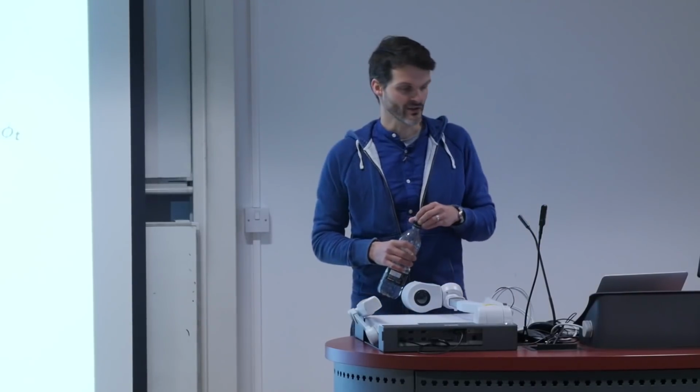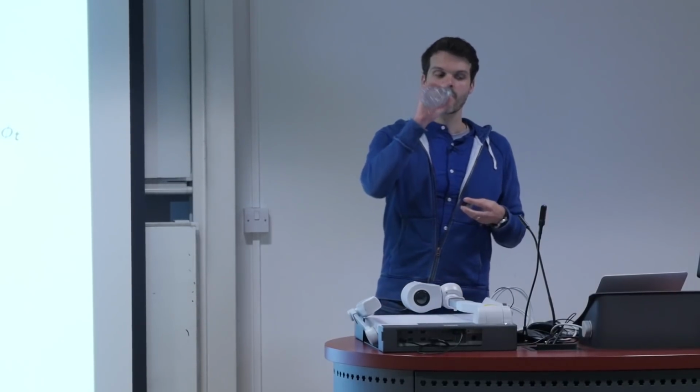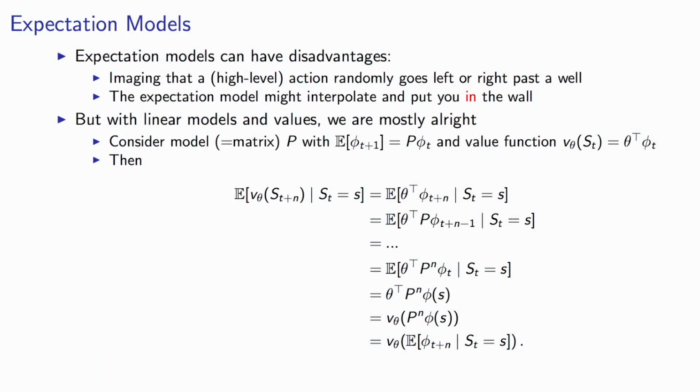Now, this might seem that this is a problem for expectation models, and it could be. But for linear models and values, this turns out not to be so much of a problem. And you could take this in two ways. One, you could take this as meaning that we should be doing linear values and models, where maybe the features are themselves nonlinear functions of, say, your observations, but then you have a linear model on top of that and a linear value. Or you could still take this to be just a limitation of the expected models, and it really depends on what you want to do in terms of concrete algorithms. But just to show you that in a linear case it's okay,